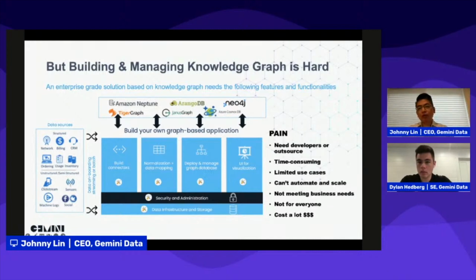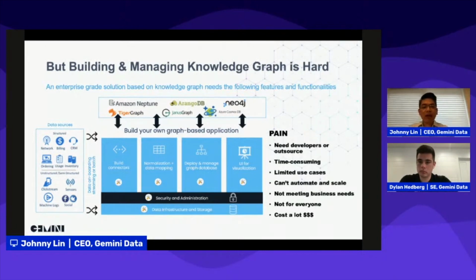Then you have to work your way through getting data into the graph database by building the necessary connectors, normalizing the data, learning to use and deploy those graph databases. And eventually you need a graph front end, a user interface that's friendly enough for business users to use, right? And you also have to consider all of these security controls, role-based access, collaboration needs. It's very complex engineering work, right?